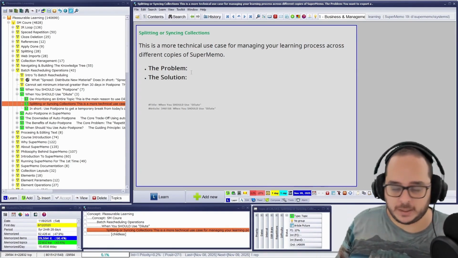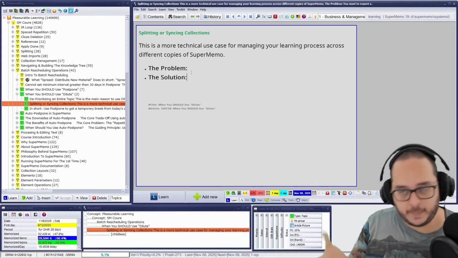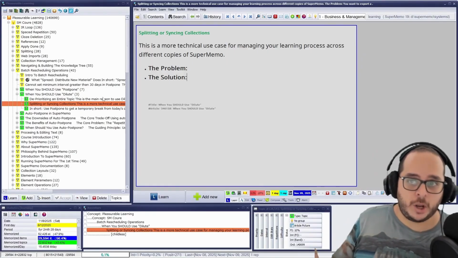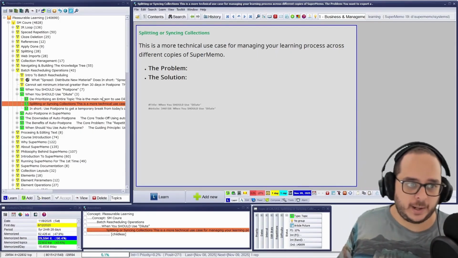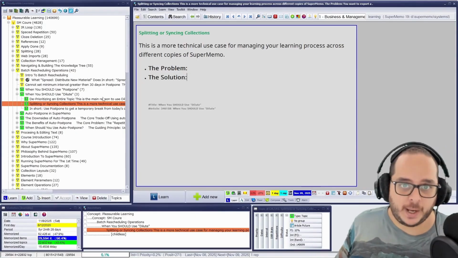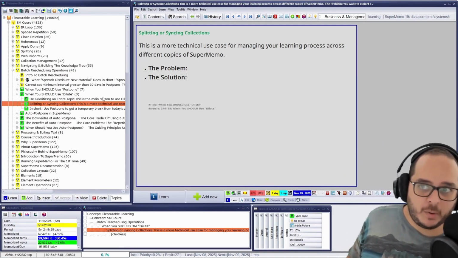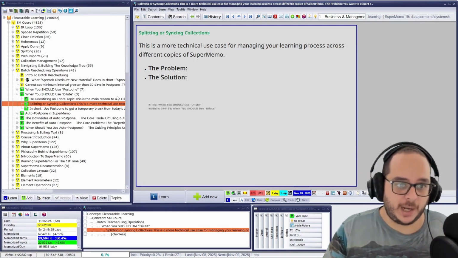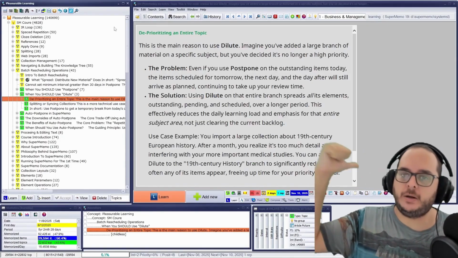But more or less, long story short, after splitting or merging collections, you might want to do that. Or you can do it after it, which is what I did. I merged it. Now after a while I said, oh my god, even though it's quicker to review and easier, it's still too much. Then I can do subsets, or then I do some what? Postponing or diluting. But I do diluting on a branch. The same here. But it will have been because of a prior syncing.